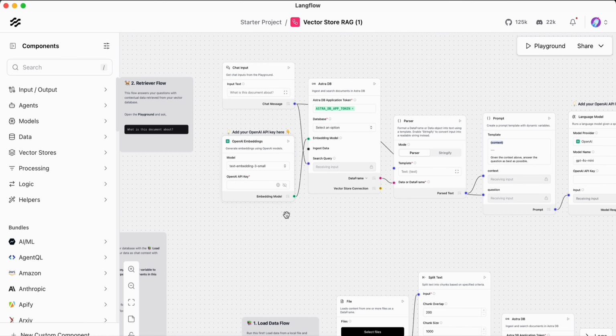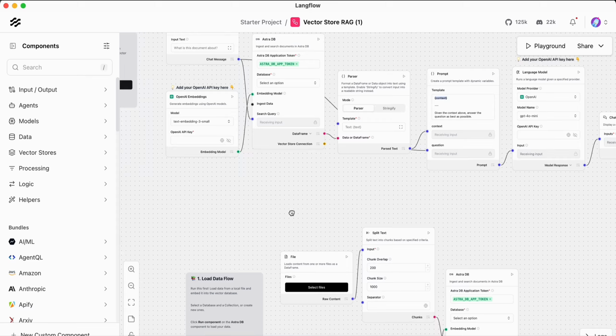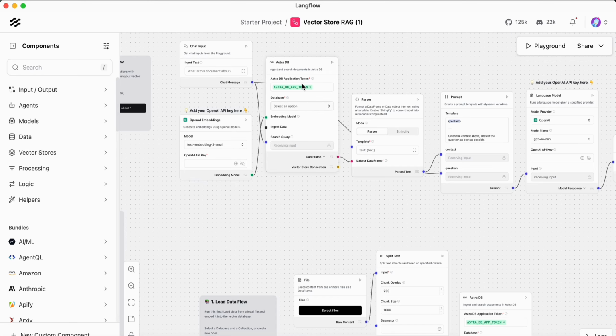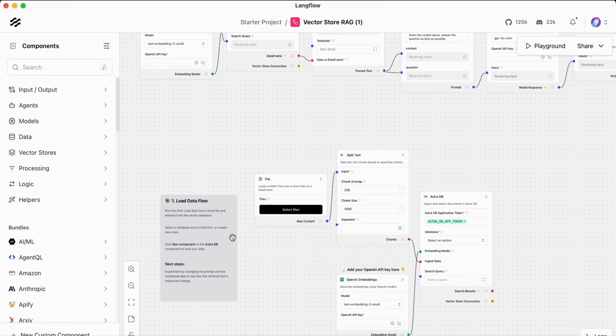The template is using AstraDB for the database to store the vector, and using OpenAI embedding. Now, if you have an OpenAI API key and an AstraDB token, you can just put the API key and the token into this node, and then you can actually ingest your document using this ingestion flow.